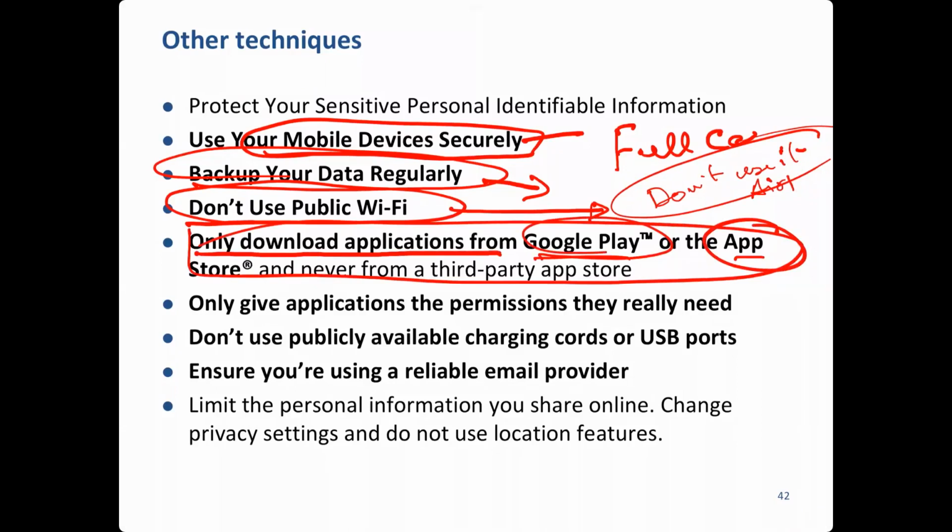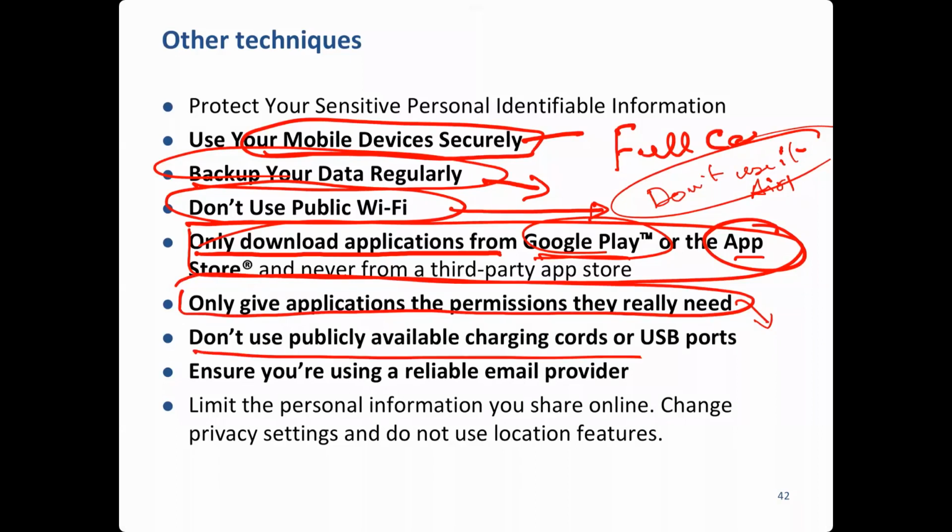Now, when you download an application, it asks for all kinds of permissions, right? To use the camera and so on. Then think, why is an application which is just a marketing application asking for permission to use the camera? Why should it? Right? Don't give permissions to your mobile apps. One of these apps could be malicious, or it could be a good app but with malicious content, because you don't know from where, and then it can use your camera.